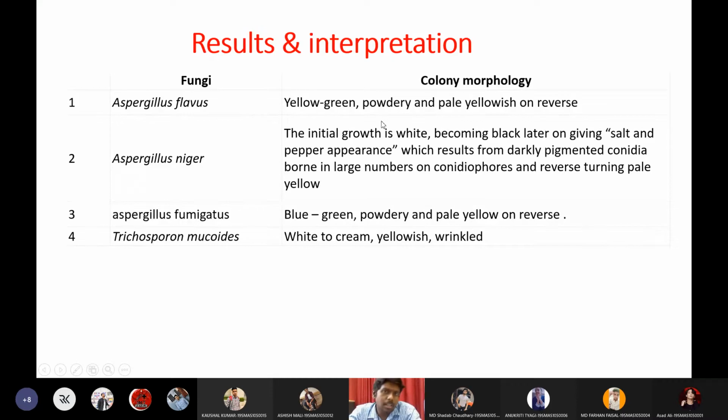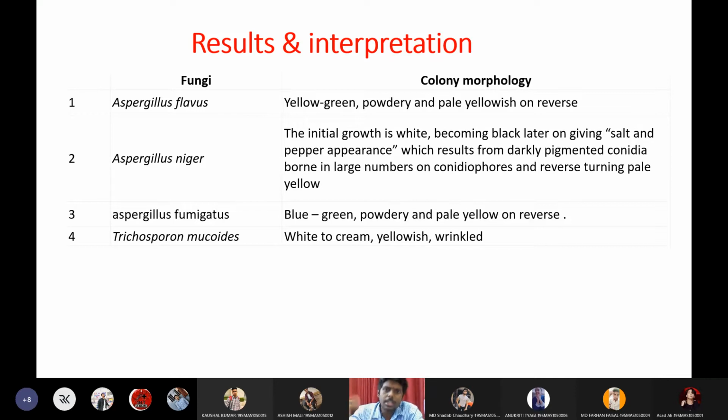Not only this, we need to correlate with its moisture and colony morphology also. So together, all these three parameters will be required to rule out what type of fungus is growing in the SD agar. Here I have given only 4 examples, but this will vary from fungus to fungus. Each and every fungus has its own characteristic growth features on SDA. That much depth we need not go into for the first class itself.